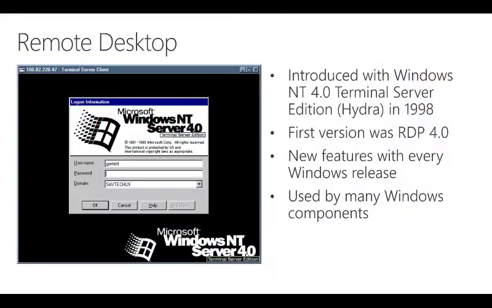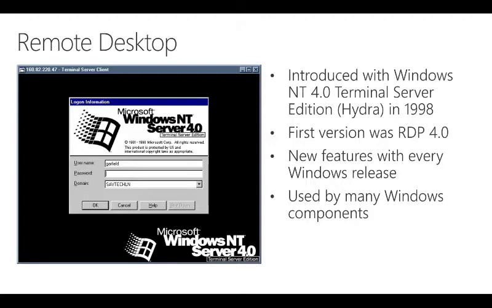the goal of this session is to talk about the remote desktop protocol as it was, as it is right now, and what we do plan in the future and what we implement in the Windows 10 and the Windows Virtual Desktop. So remote desktop protocol, as many of you should be aware, was introduced